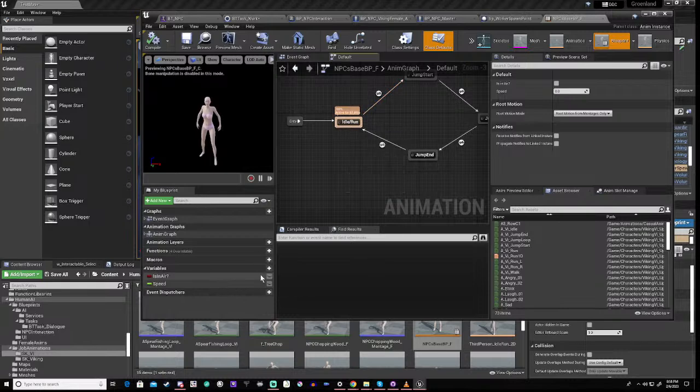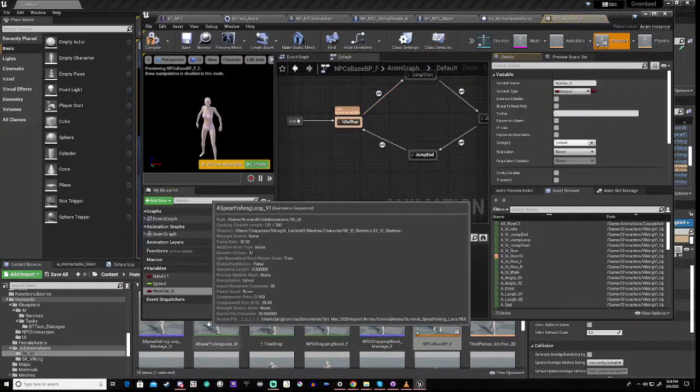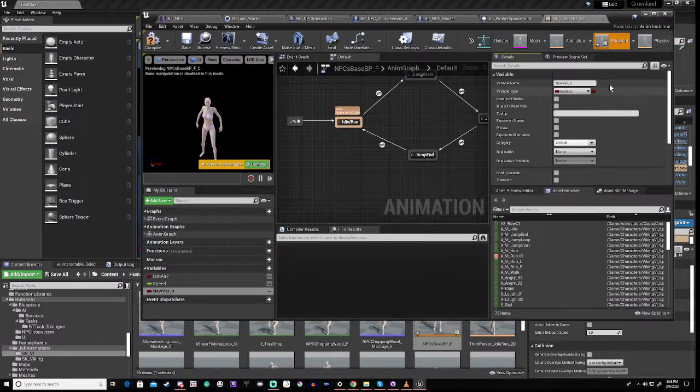Right, so what we're going to do is add a variable in here, and we're going to call it is working. Now, when we fire this off, the next thing we're going to do is add a variable, right? And we are going to call it work